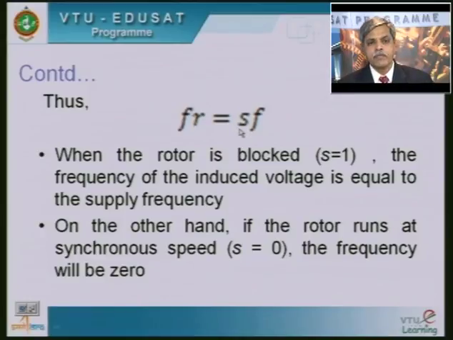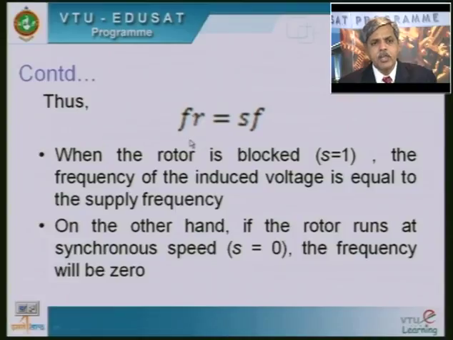Yesterday we also saw that slip cannot be 0 here, because if the slip is 0, there won't be any relative speed between the rotor and the stator, therefore no EMF is induced in the rotor conductors and no current will be set up. So, the principle of the motor is not satisfied, therefore the induction motor can never run at synchronous speed with the slip equal to 0. Always there will be a slip speed between the rotating magnetic field of the stator and the rotor. So, this is the relationship we have.